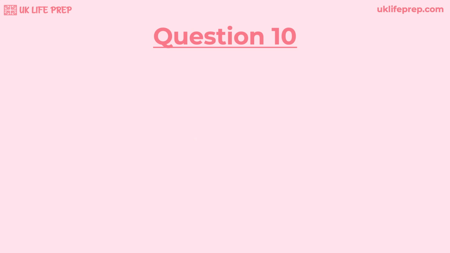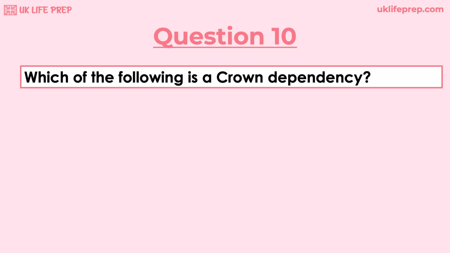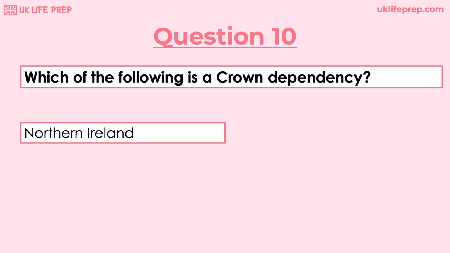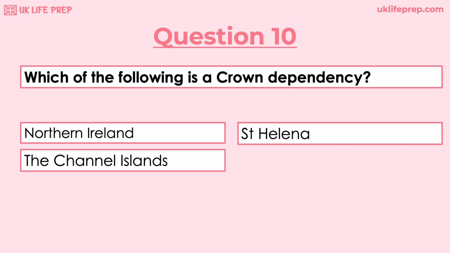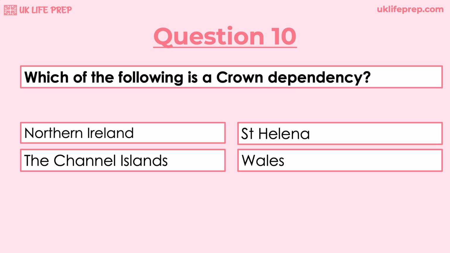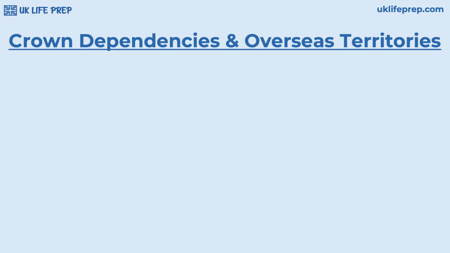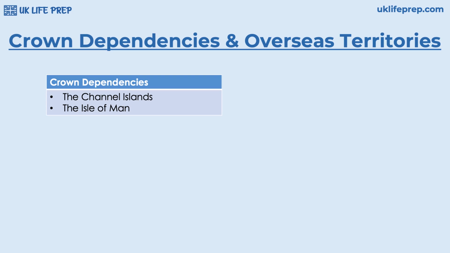Question 10. Which of the following is a Crown dependency? A, Northern Ireland, B, St. Helena, C, the Channel Islands, or D, Wales? The correct answer is the Channel Islands. I think this question is tricky because it can be confusing between what a Crown dependency is and what a British overseas territory is. The 2 Crown dependencies you need to know about are the Channel Islands and the Isle